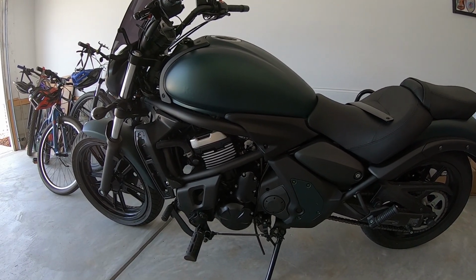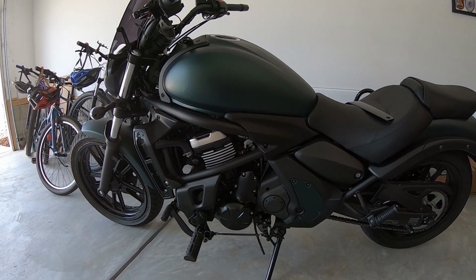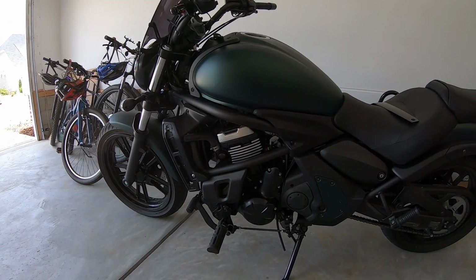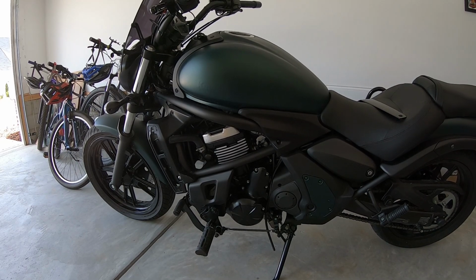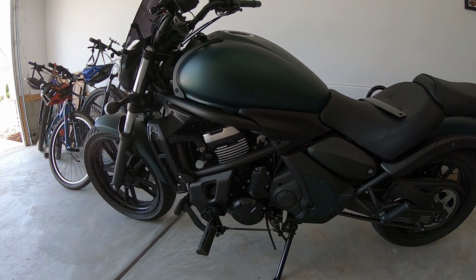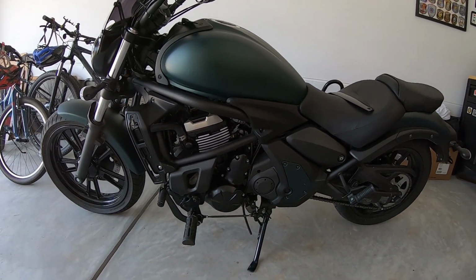So I got this new plastic dip from dipyourcar.com. That's a kind of a medium to dark blue. And I also got the glossifier for it, which will make it shiny instead of matte. Although I'm not sure if I'm gonna go with the shiny look yet. I wanna see what the matte looks like first, the matte blue, and then make a decision. So here we are getting ready to take the